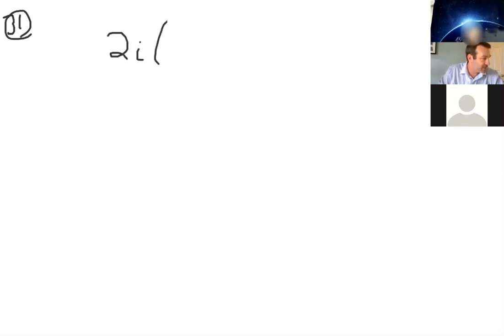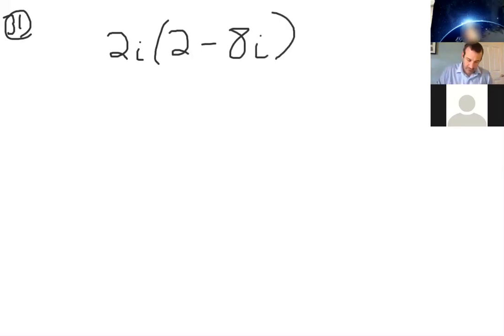All right, number 31. Okay, so very similar. We have two complex numbers that we're multiplying. It's 2i times 2 minus 8i. Now, what's different here, I'm going to distribute just like I normally would, but what's different here is that when